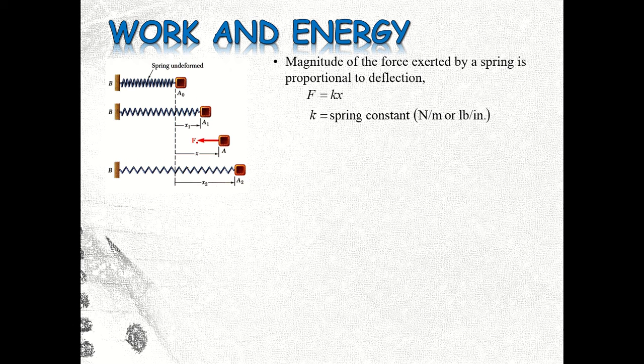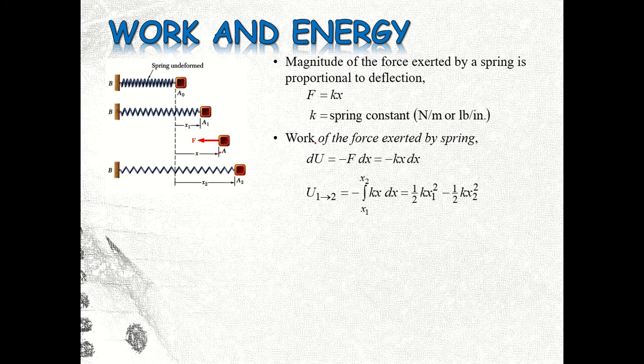We call it F. When this part reaches point A, we have a force F that counters the force applied to stretch it. If further stretching makes this part of the spring reach point A2 with a displacement of x2, then mathematically the work of the force exerted by the spring is given by this definition, the differential work,